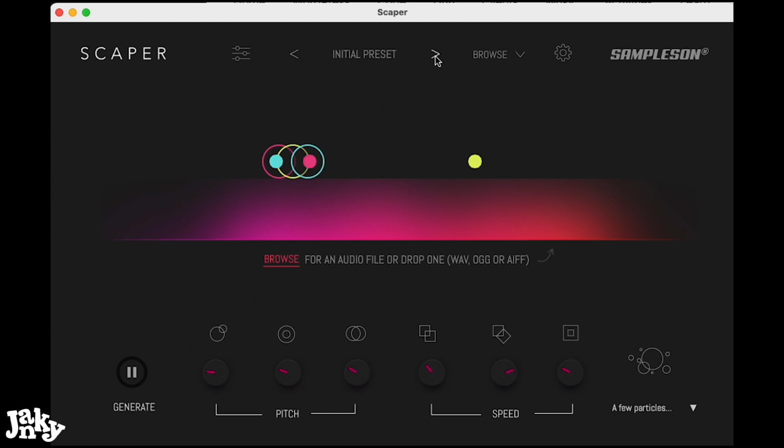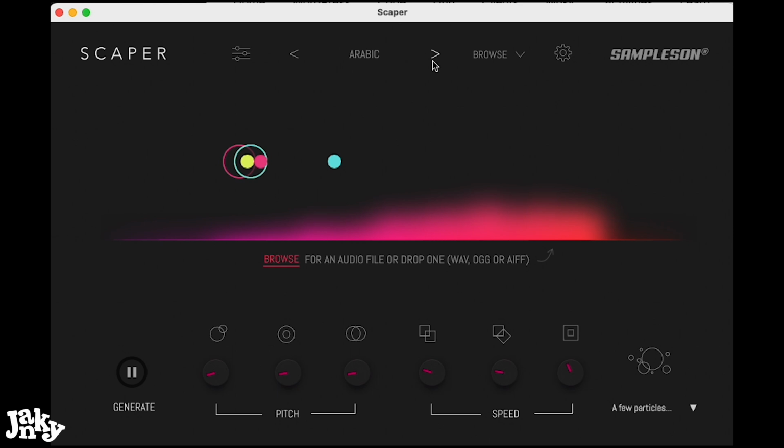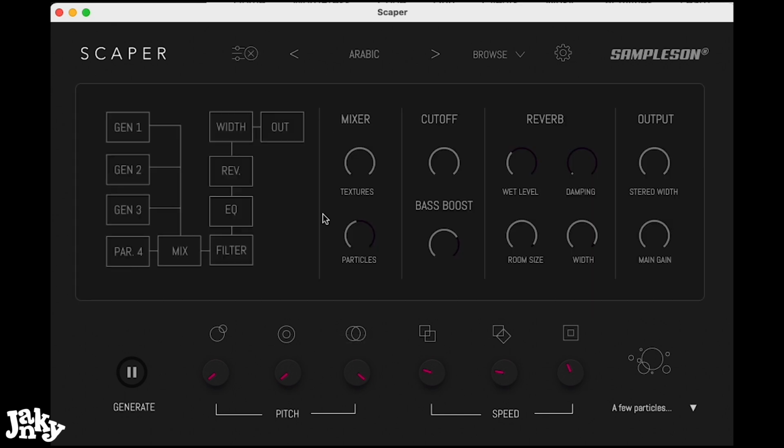It has presets, so you can kind of go through these presets. And over here is the pitch. So high pitch, really there's not a lot in there to do the high pitches. So you can also,